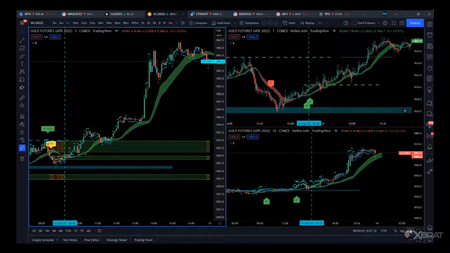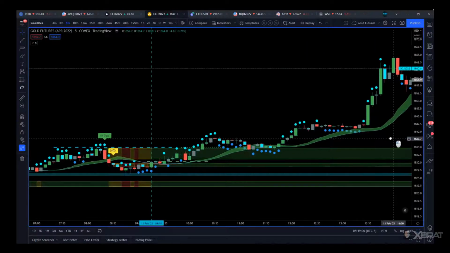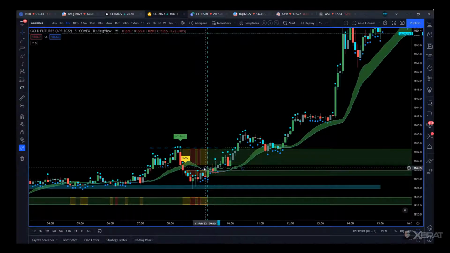From the 1 minute, this is how to trade this and maximize your profits. So we've got this entry down here from the 1 minute. The bias has turned green. We're looking to add a contract when it breaks out of there, but we want to make sure we're risk